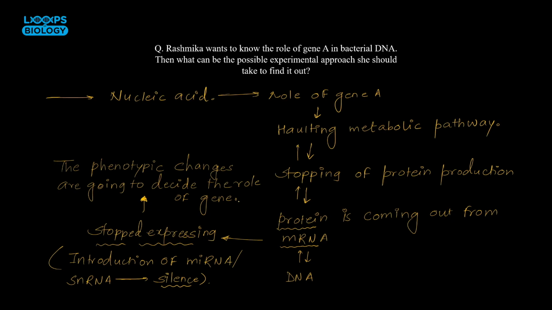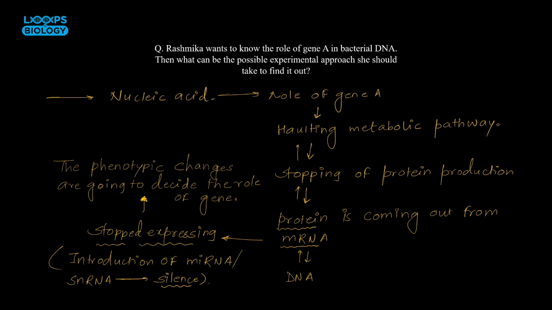So whenever we have to discard any metabolic pathway or understand the role of gene inside the bacteria or human cell or any other organism, then we have to stop that particular protein production by stopping the expression of mRNA, by using miRNA or siRNA, and finally look for the phenotypic changes that will clear you out whether this particular gene is working for good of the cell or bad of the cell, or in which of the stages of metabolic pathways. So you can understand everything whenever you are going to halt that particular protein production.